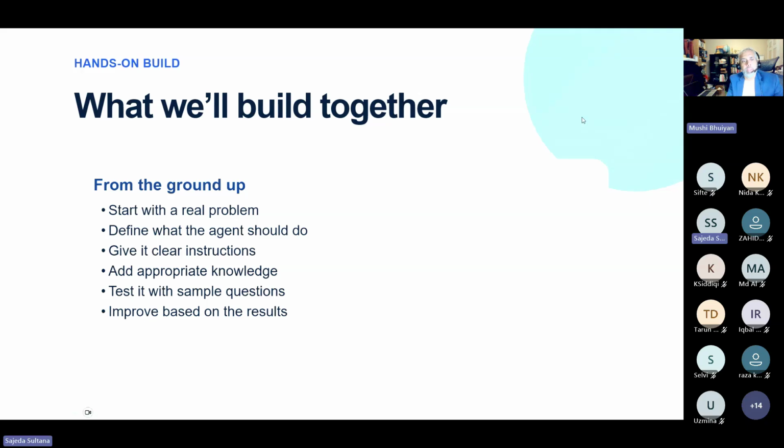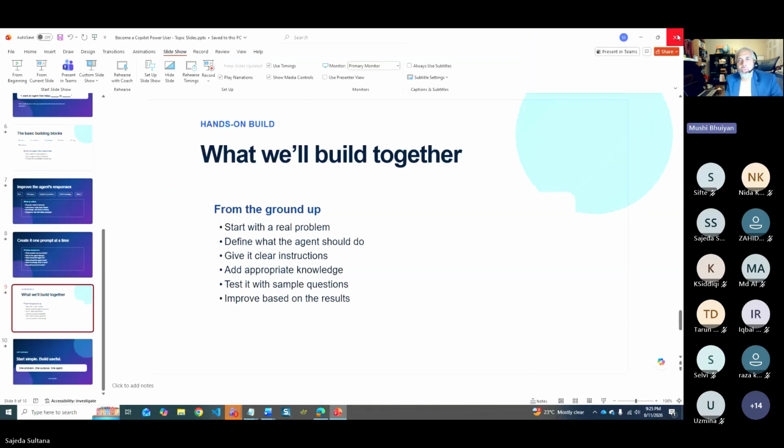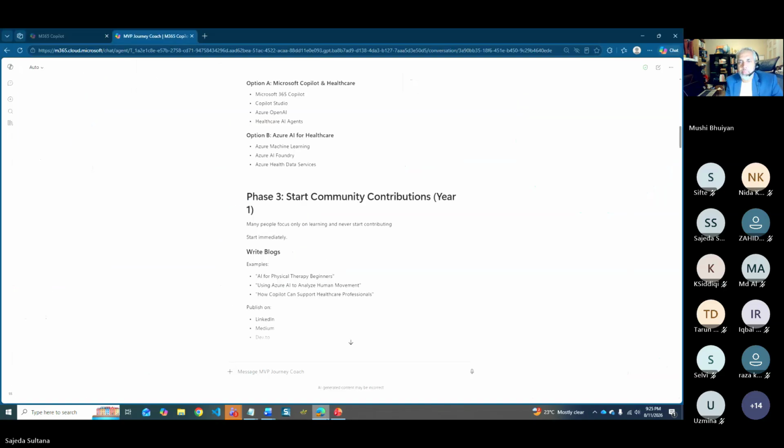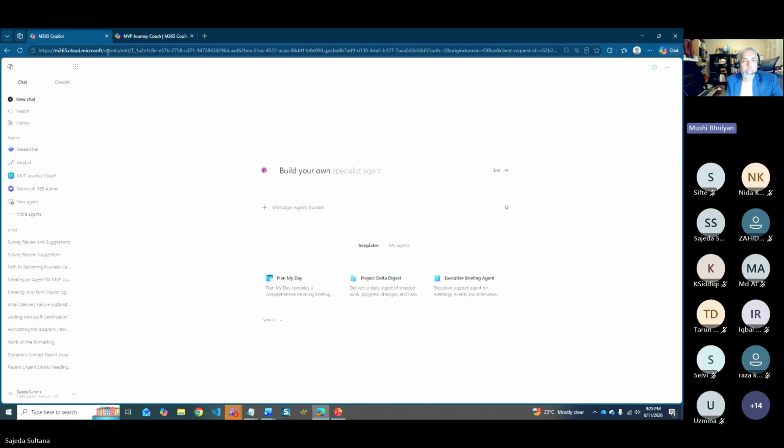Okay, Mushi, you are muted. Let's start the creation of the agent. Okay, sure. I'm sure people are excited to see how you make it, writing no single line of code. And it's getting recorded, so we'll become liars if we write any code here.